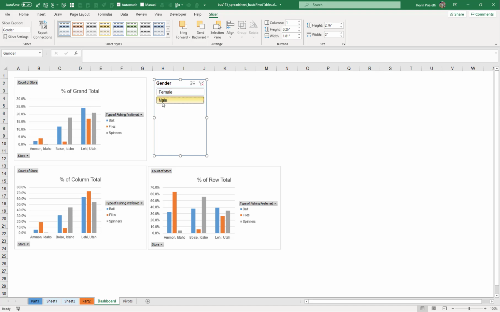If I click on male, you'll see it change slightly. Click on female, it changes slightly, and if I remove the filter, it goes back to the way it was. Right now, this slicer is connected only to this chart. But because we share the same data source for all of these charts, I can connect this slicer to those